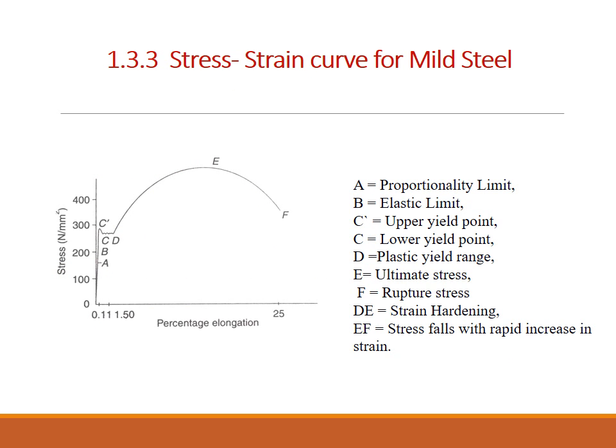The stress strain curve for mild steel presents a lot of information necessary to understand how it will behave in a given situation. Therefore, for a steel design method to be satisfactory, it is essential to be convergent with the stress strain relationship of mild steel. Curve OABCDEF as shown in figure represents the stress strain curve when a mild steel specimen is subjected to a gradually increasing tensile load. Various elements of the curve are as follows.